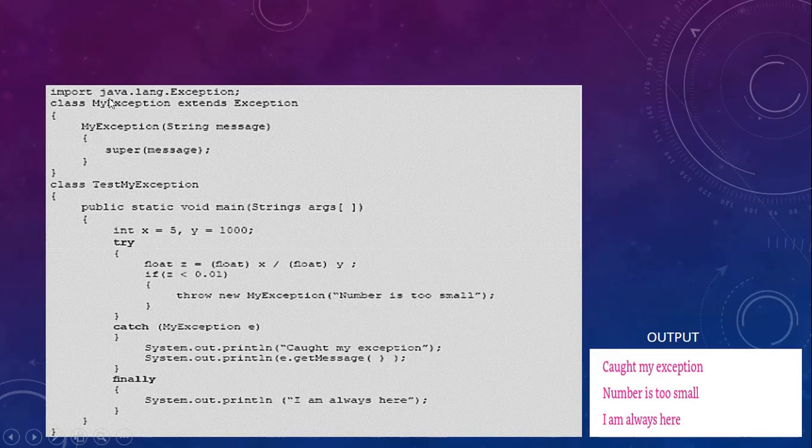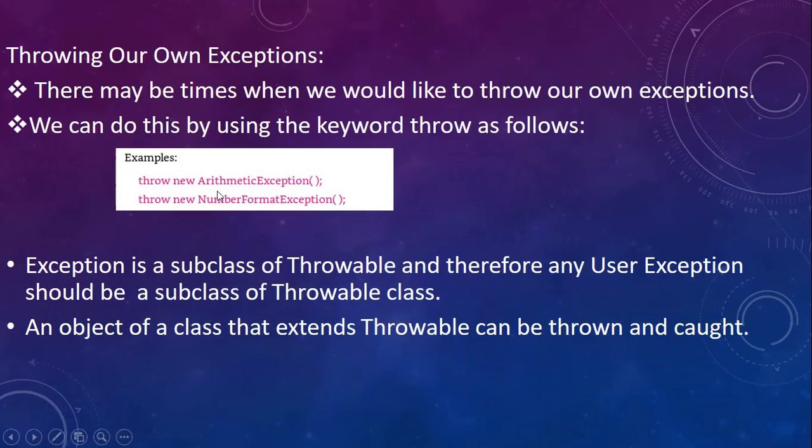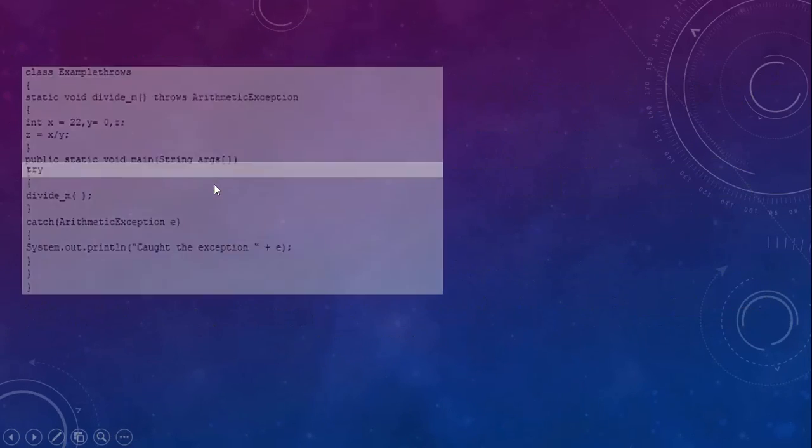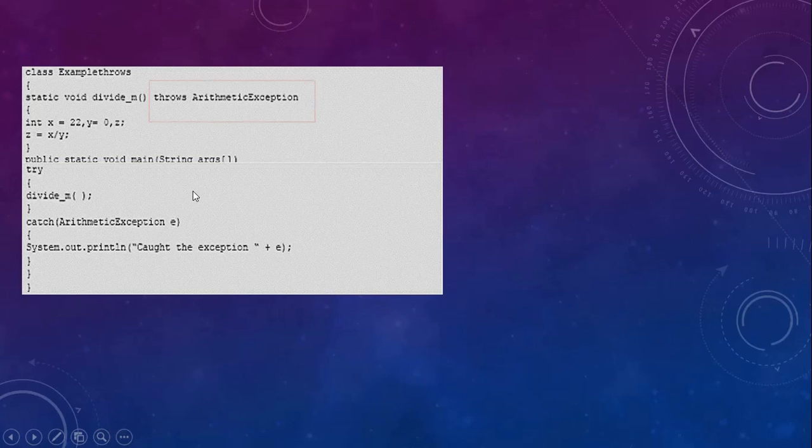for the method called divideM, I had thrown an exception called ArithmeticException, because there was a very high possibility that this would generate an exception, which is a divide by 0 exception.